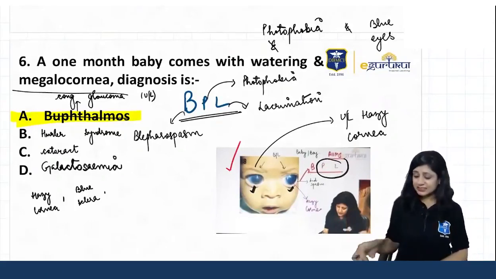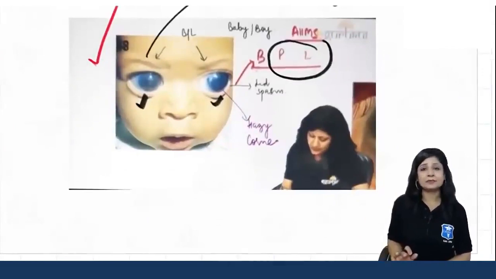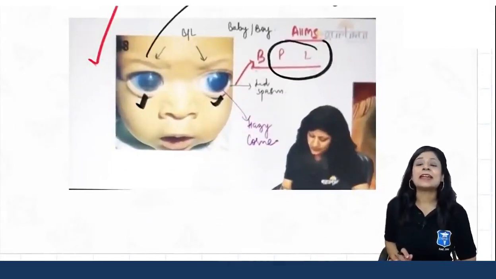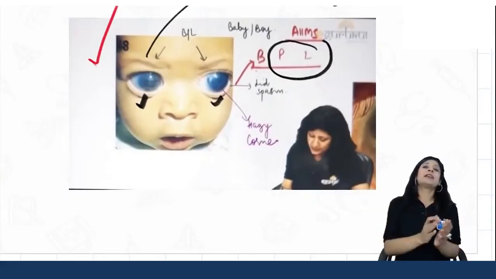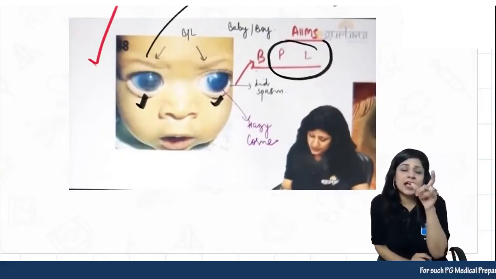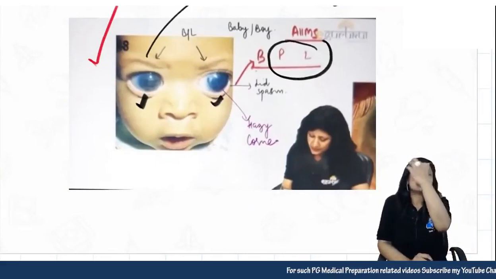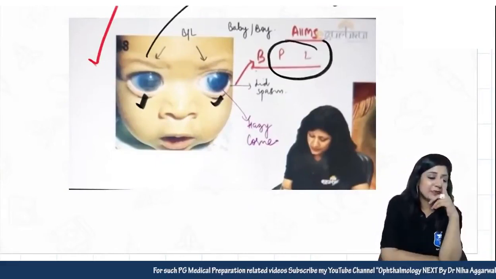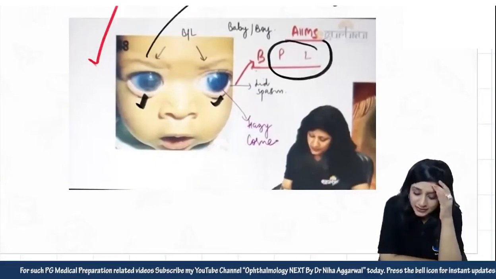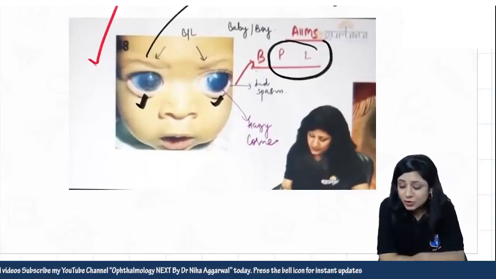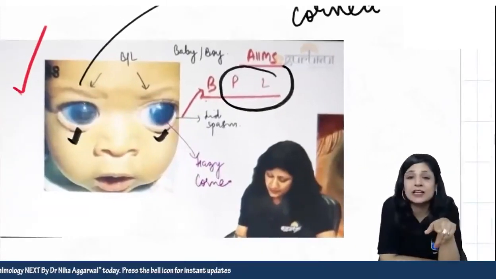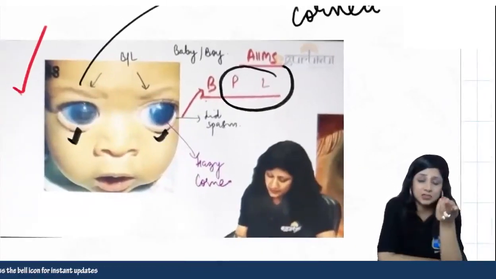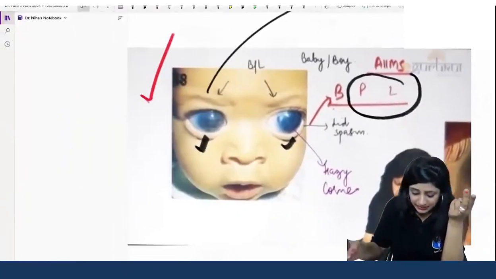Just like this image. Was it something like this? There was lid spasm in the image. Because every time I get a new image I try to incorporate it in my notes. So you will remember I showed you two Bablu images, and both of those Bablu images have actually come up in your AIIMS examination. This is also an AIIMS image which I showed you in the classes. Then there is also one more image that I showed you in the classes.